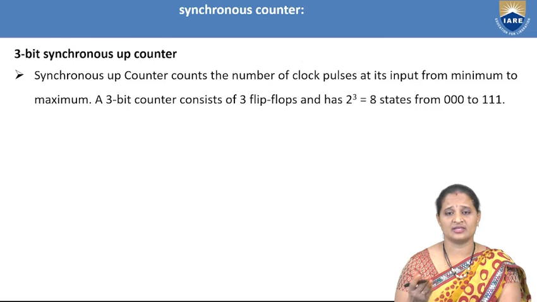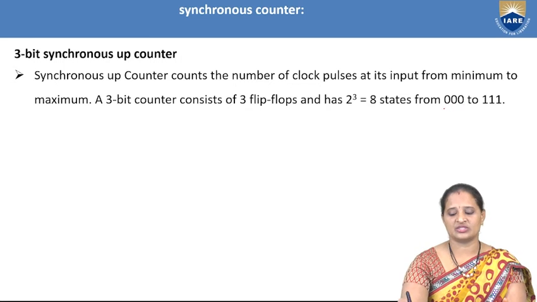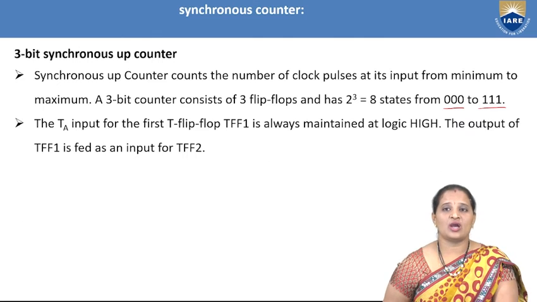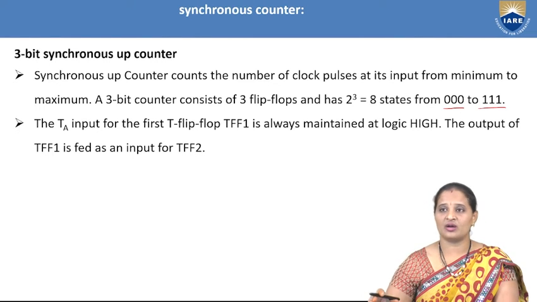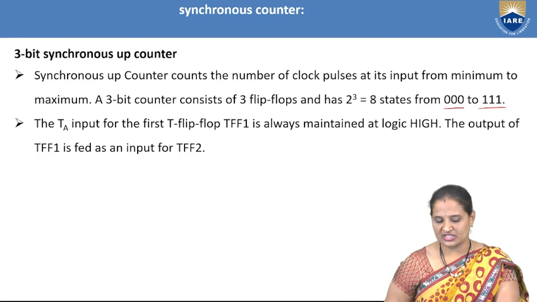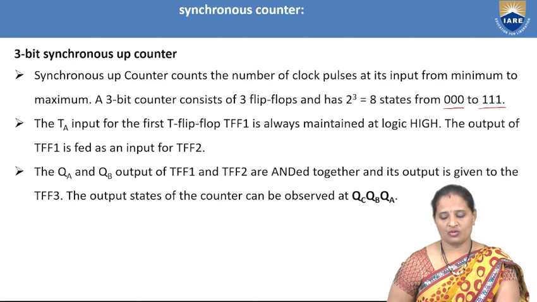So as I'm telling you that it is a 3-bit up counter, so that counter can undergo states from 000 to 111. As it is an up counter, it counts the pulses in the incremental order. Initial count will be considered as 0, and for every clock pulse it will be incremented by 1. So up to 111 it will go. Once the counter state has become 111, it will go back to the initial state 000. This is the thing that we need to know about the synchronous counter.